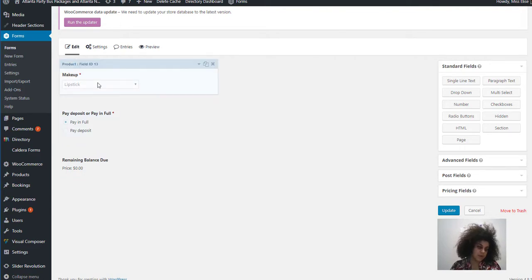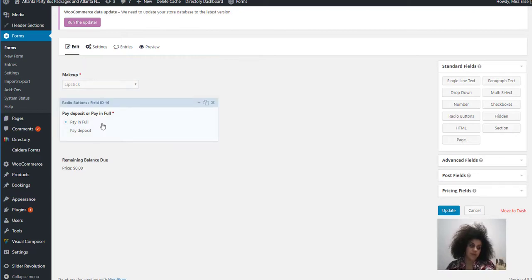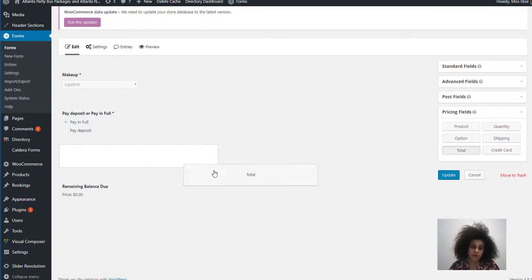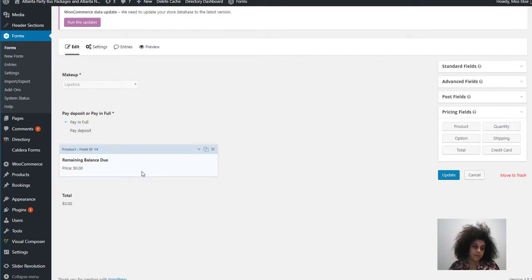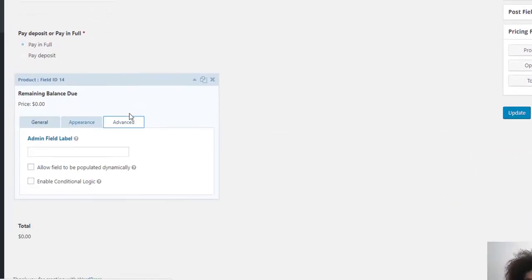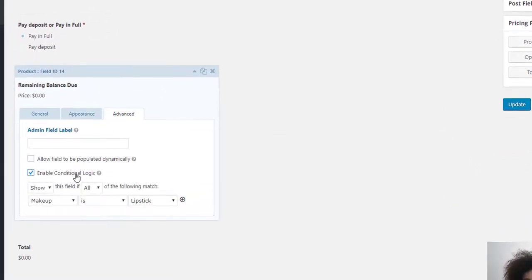So now this is going to show me my pricing, and then this will control whether I see a total that has a deposit or a total that has the full amount. So let's go get our total, because you have to have your total. This is your final whatever. Okay, and now what you want to do is, with this remaining balance due, this is the key to it. You enable your conditional logic, and since you're only going to have one, you can say if all of these are true. So what we're going to say is, if you select deposit, if it's true, then we will show